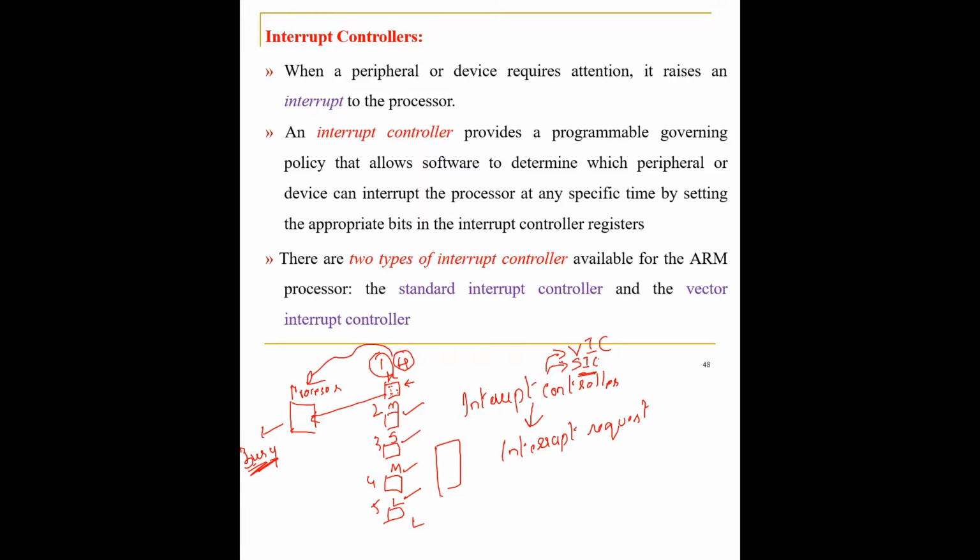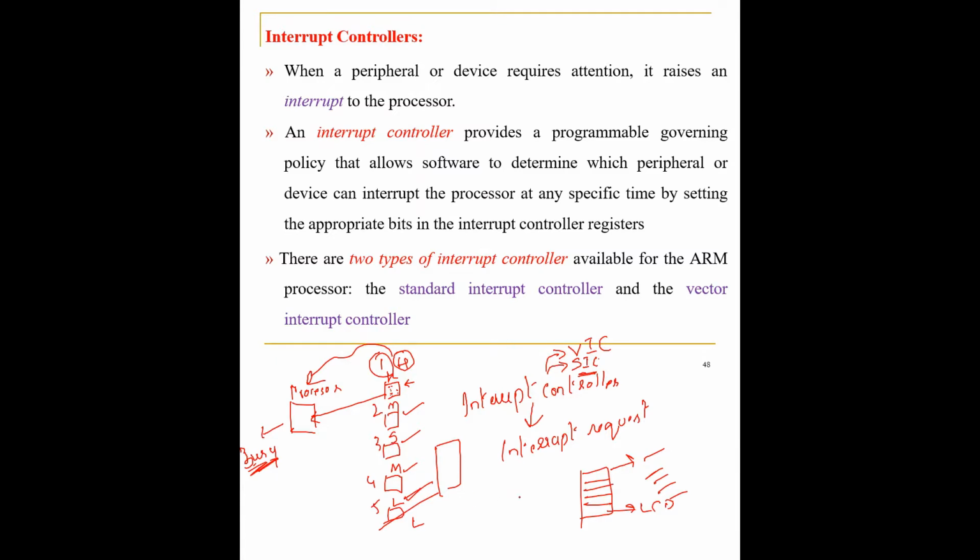There is a vector interrupt table in which the priority is given. The keyboard has the highest priority and the LCD display has the lowest priority. So if all 5 raise the interrupt request at a time, the interrupt request of the keyboard will be serviced first and that of the LCD will be serviced last. For example, if nobody is raising an interrupt and only the LCD is raising an interrupt request, it will be serviced, because no other device is raising an interrupt request.